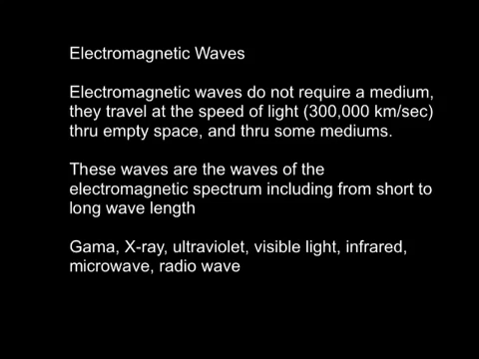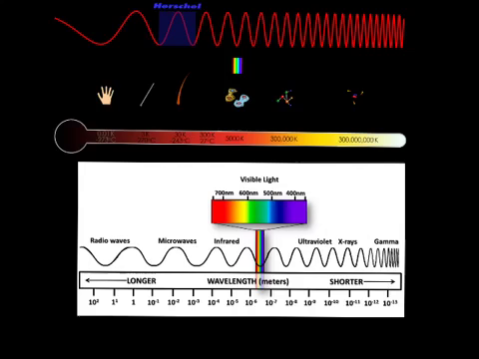These waves are the waves of the electromagnetic spectrum, from short to long wavelength. They are gamma rays, X-rays, ultraviolet, visible light, infrared, microwaves, and radio waves. Electromagnetic waves come in very different lengths. As we look at the electromagnetic spectrum, from gamma rays, way down here on this end of the spectrum,